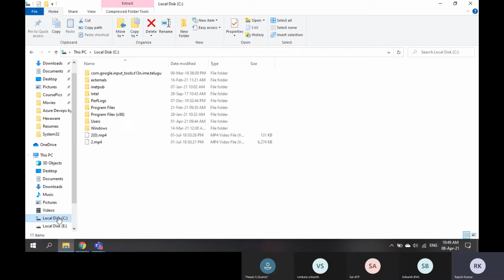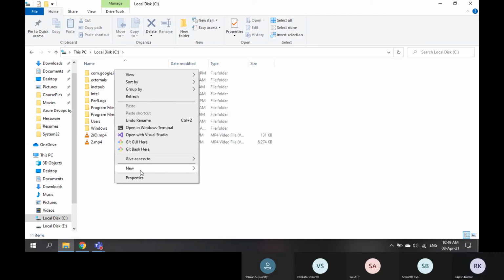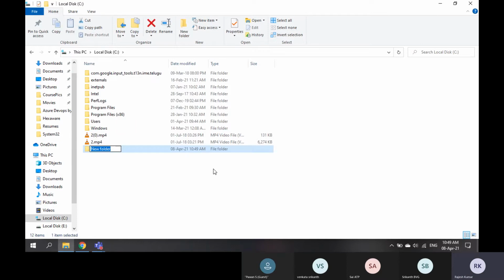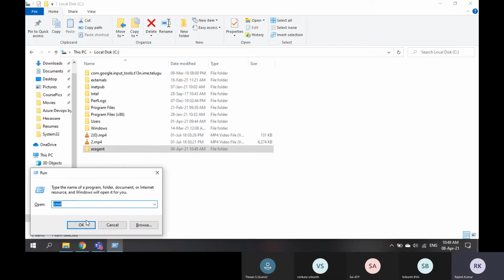Before that, I want to create a folder here. New folder, and this folder will be AZ agent, that means Azure agent. And before that, services.